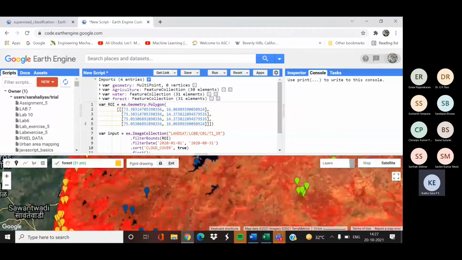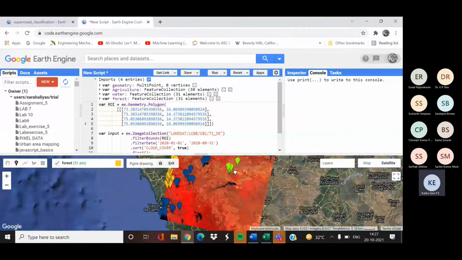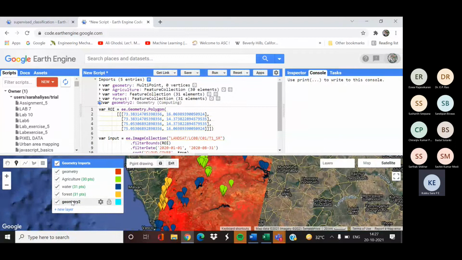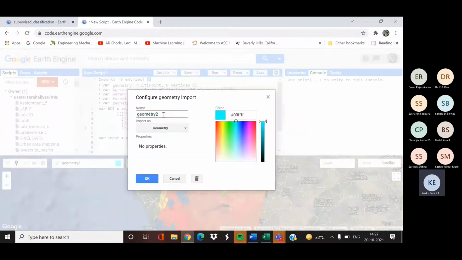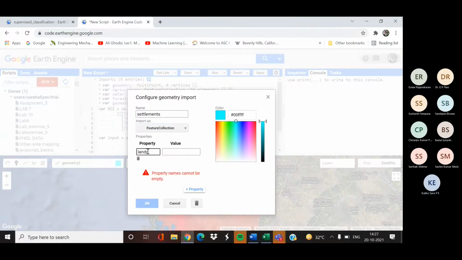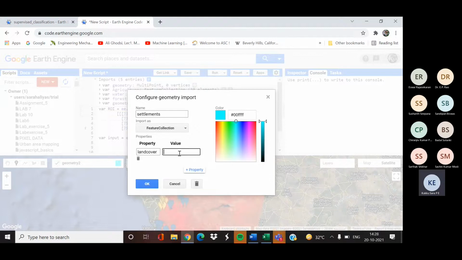Always collect all the training points within the image. Next, we will collect the training samples for settlements. The value is 3, click OK.